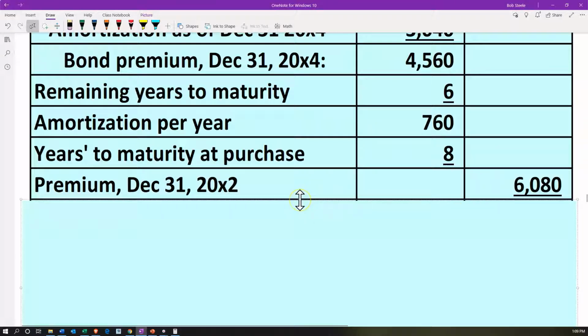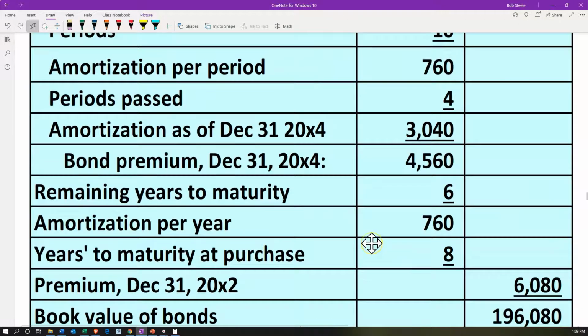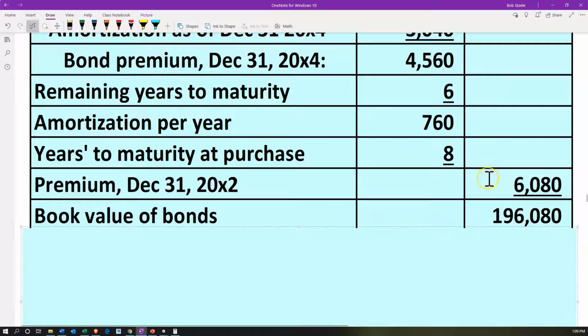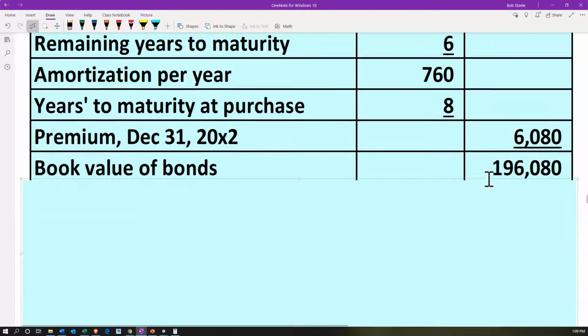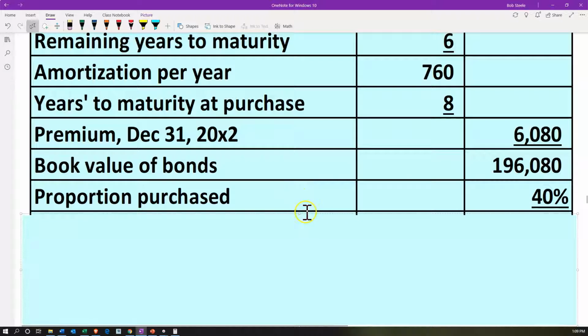Now, they didn't purchase all of the bonds, so we're going to have to take some ratio, some proportion of that number. So the book value of the bonds then is going to be that 190,000 at that point, and then the 6,080 to give us the 196,080, and then the proportion that was purchased